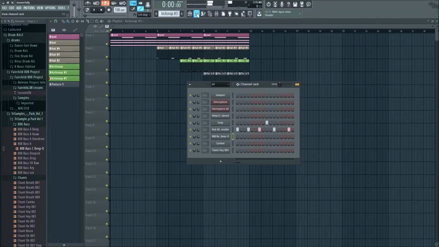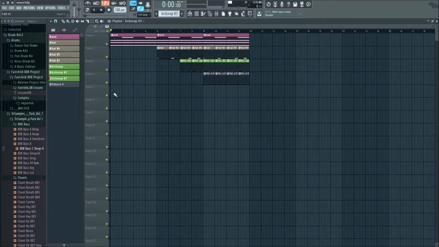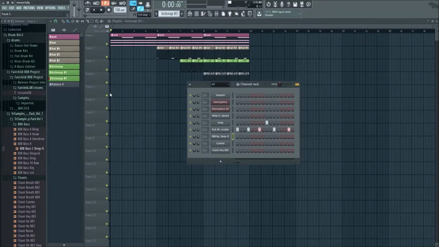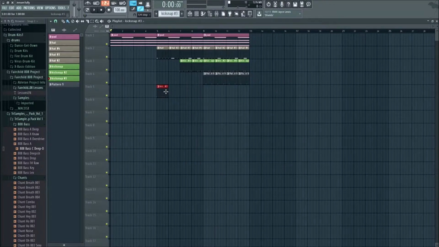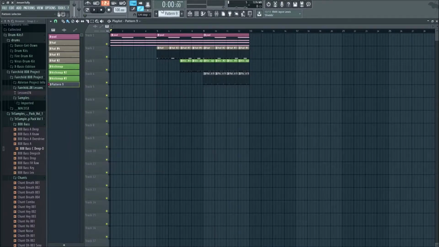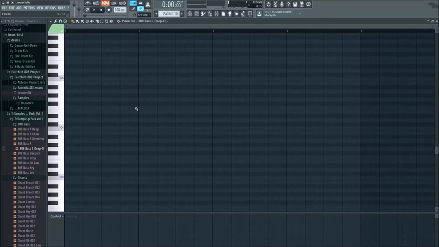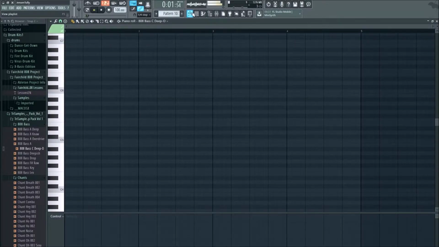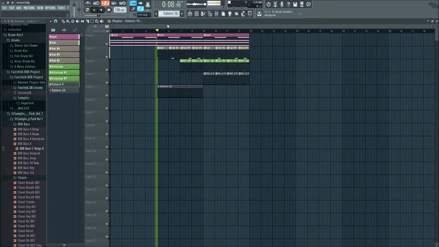Let's fill in our bass. Let's just fill it in right here. Actually, I'm gonna fill it in right here. I'm gonna click, let's see, pattern 9 I think we're on now. Okay, and I'm gonna right-click. Actually, I'm not gonna do that yet. I'm just gonna fill that in. And okay, no, we're not on pattern 9, my bad. Pattern 10. Okay, so we got pattern 10, and I'm gonna drag that out for about 4 bars. The reason why I'm doing that is because I'm gonna play this bass, or the 808, for about 8 bars. I mean 4. Okay, so if we skip to right here where it's actually gonna hit,